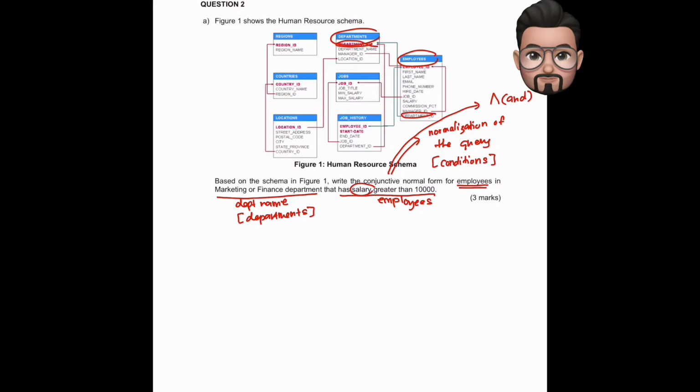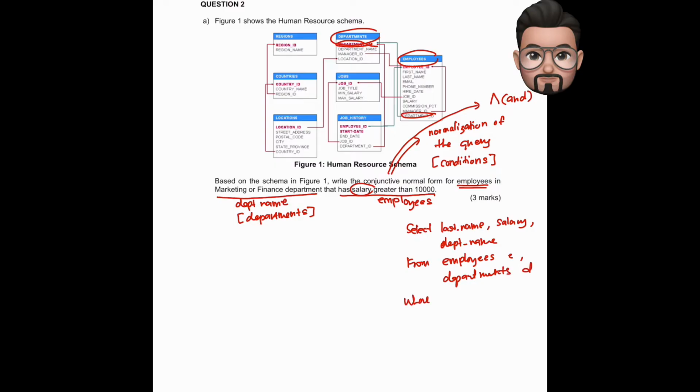If we have the SQL, it will be something like this. For example, maybe you select last name, salary, and department name. All of these are coming from which table? From employees, E, and also from departments, D,